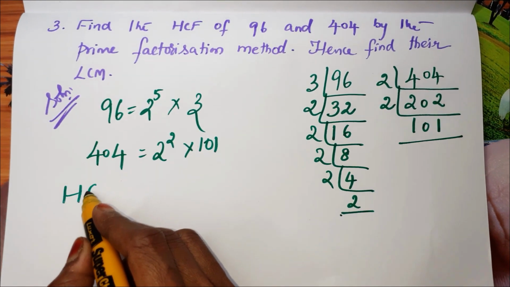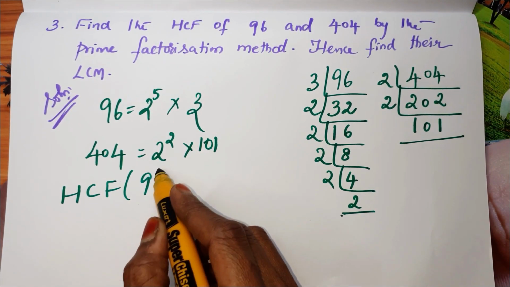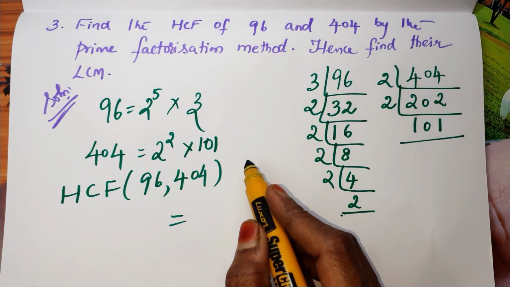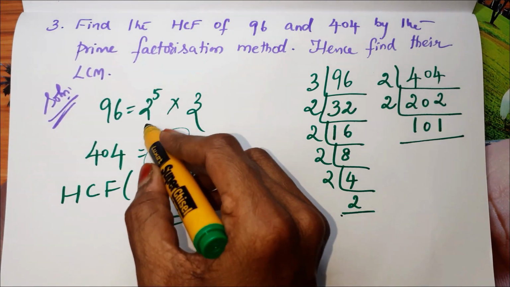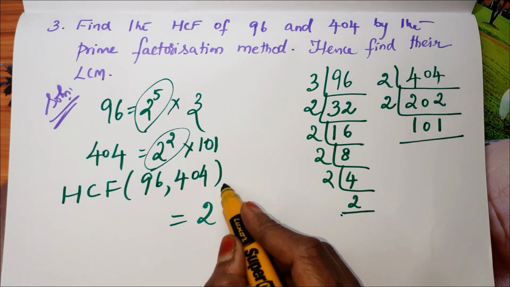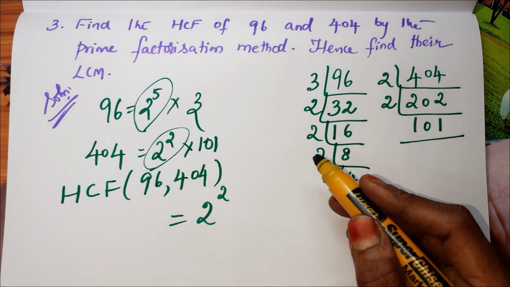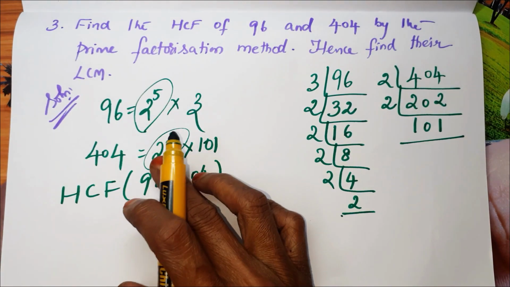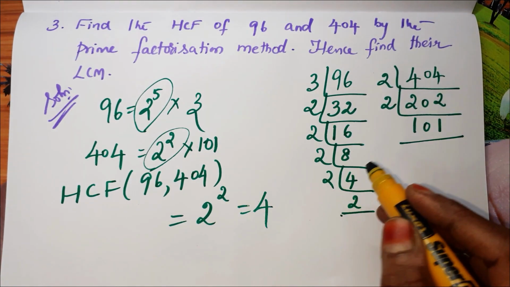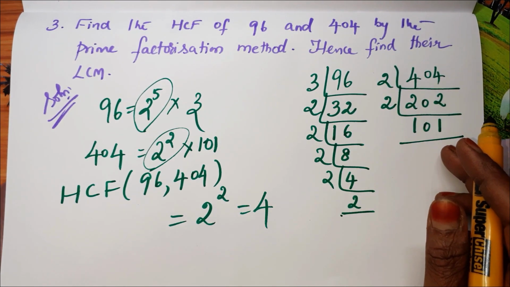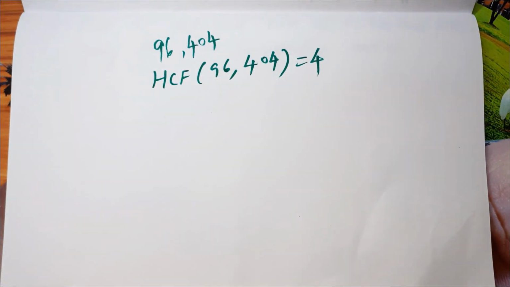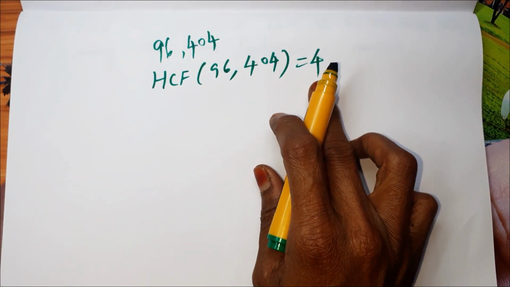What is the first thing we have to calculate? HCF of 96, 404, which is equal to, we have to take only the common factors. 2 power 2, 2 power 5. What is common in both the terms? 2 power 2. The least power is common. Don't take the highest power. Only we have to take the least power of 2. So 2 power 2, which is 4. So we got the HCF as 4. So the given numbers are 96 and 404, and we got the HCF as 4. So we have answered